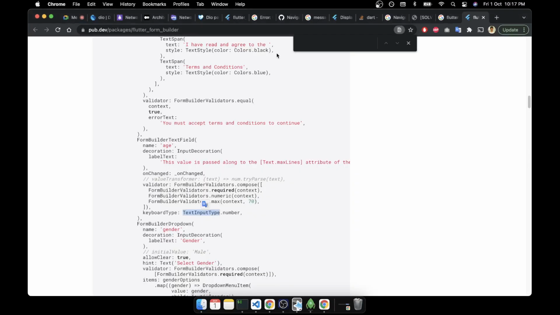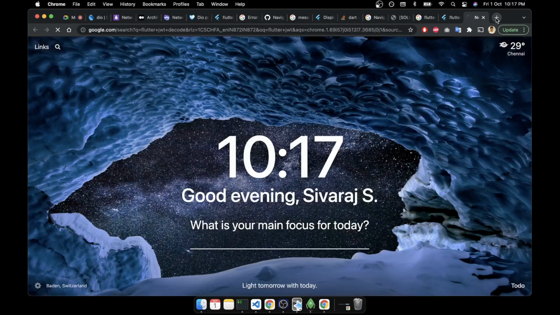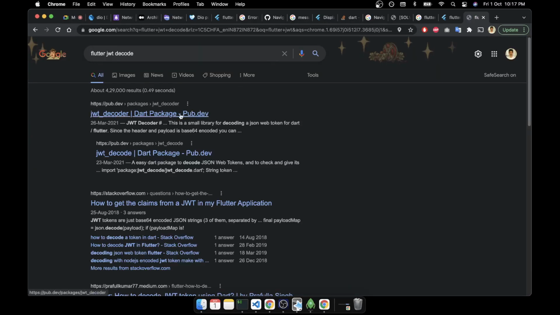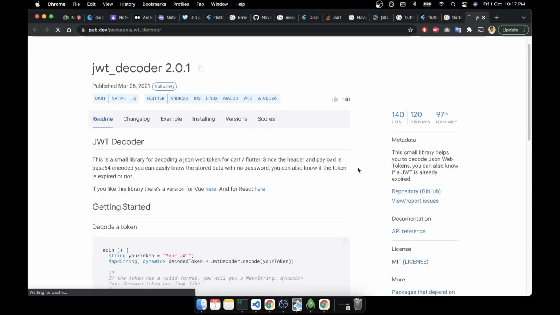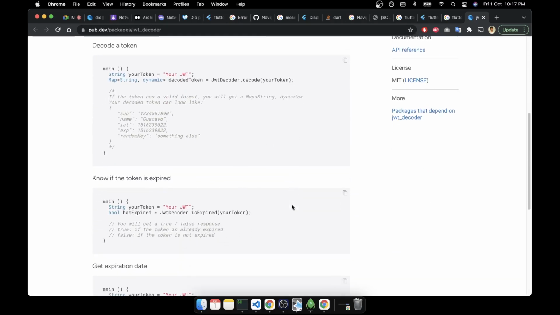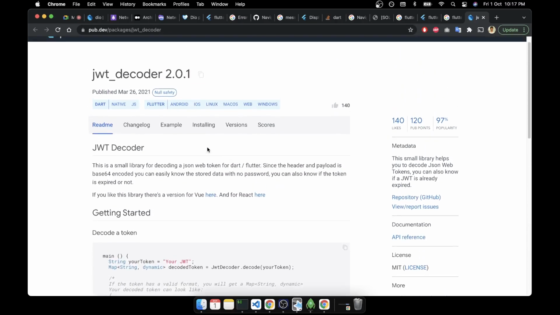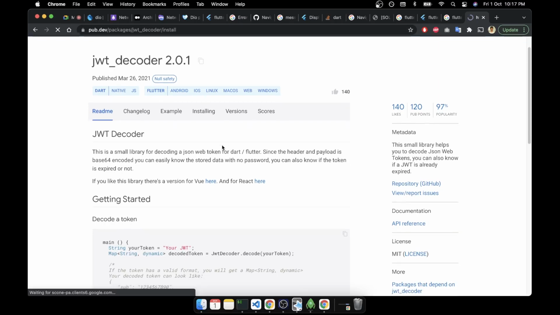Okay, so we can use this particular part, installation.